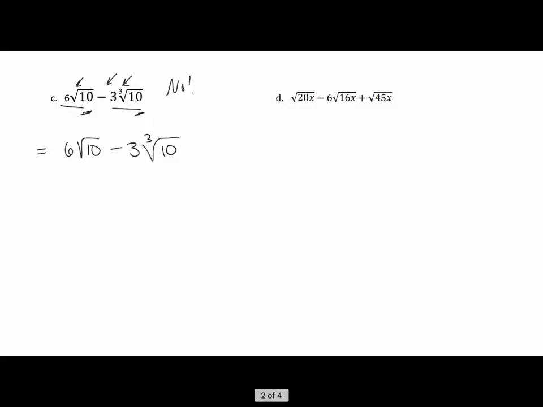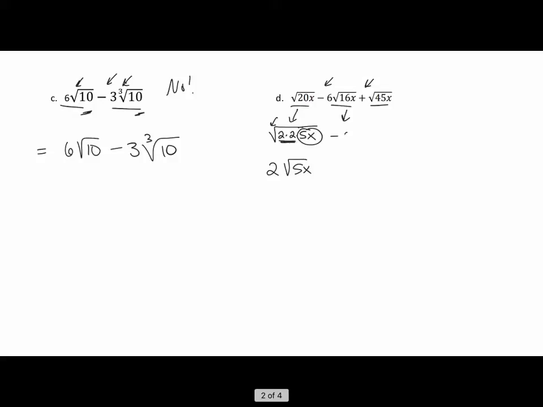In example D, I've got subtraction, addition, so 3 different terms here. And they don't look like terms, but that's because I need to make sure that they're simplified first. So let me take that first radical. Root 20 is 4 times 5. So I do have two factors, because that's the index. I can take the root of those two, and that leaves 5x inside. Then